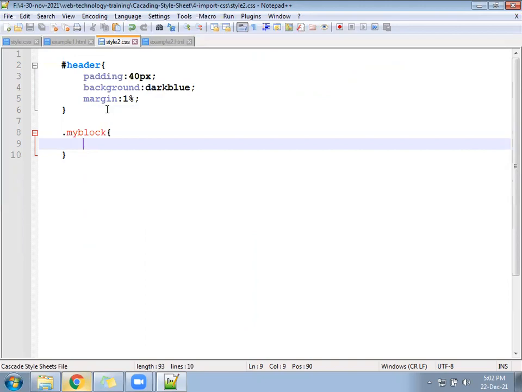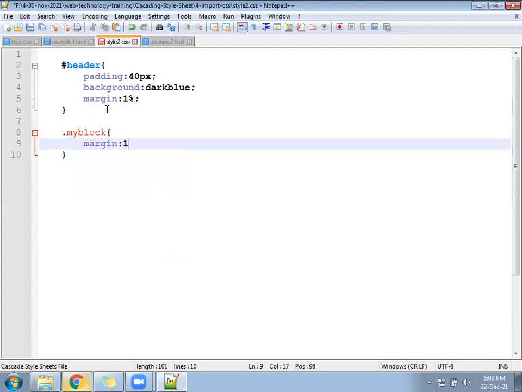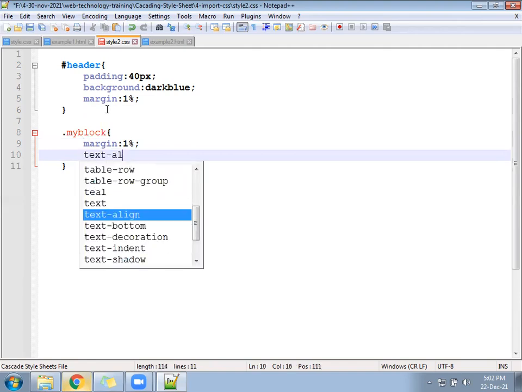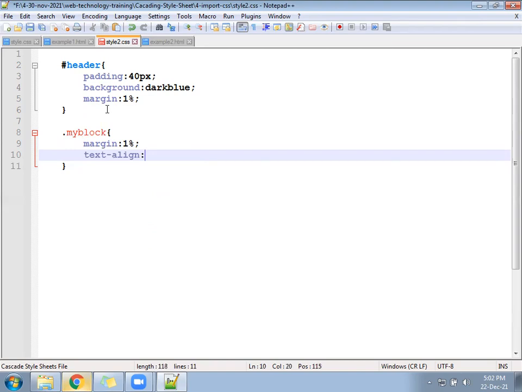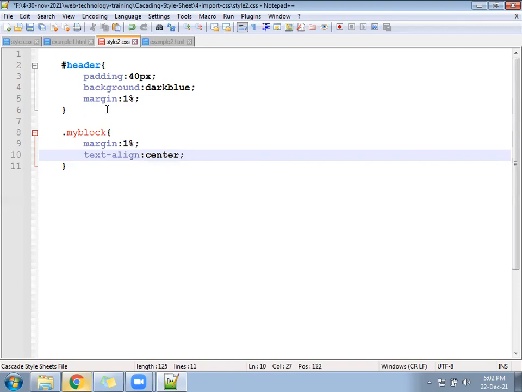So for that, you will be writing margin 1% first and text-align center. So whichever content we are displaying, it will come in center.